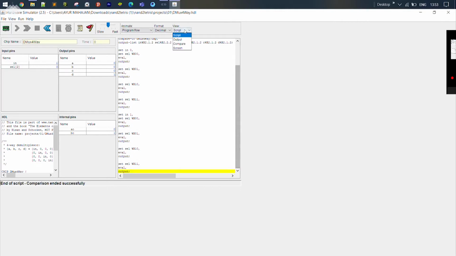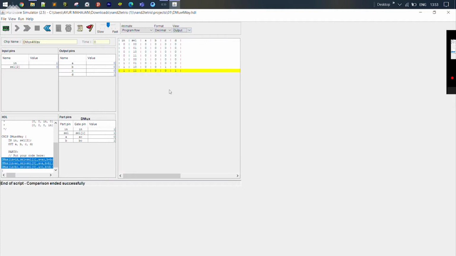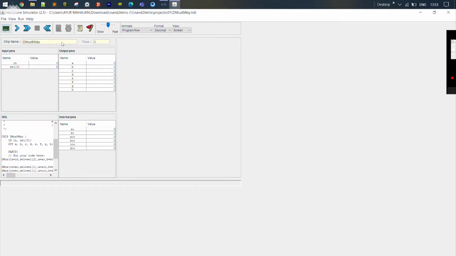You should be sure that under parts, after this put your code here, there should be some code, and each and every code should be related. If it's your wish, you can solve it anyway, but yeah, this is the easy way. So this is what executed. This is the output for the demux 4-way. Now we solve it for demux 8.